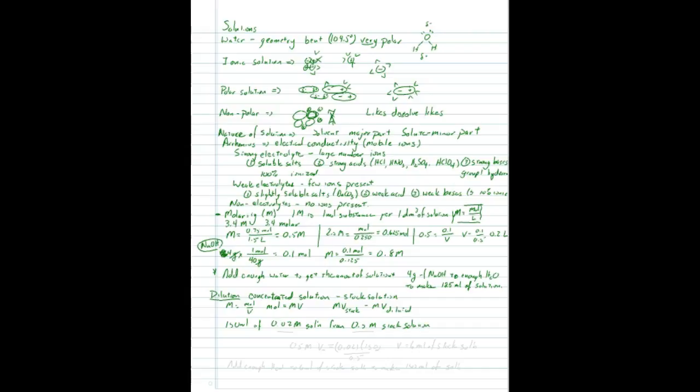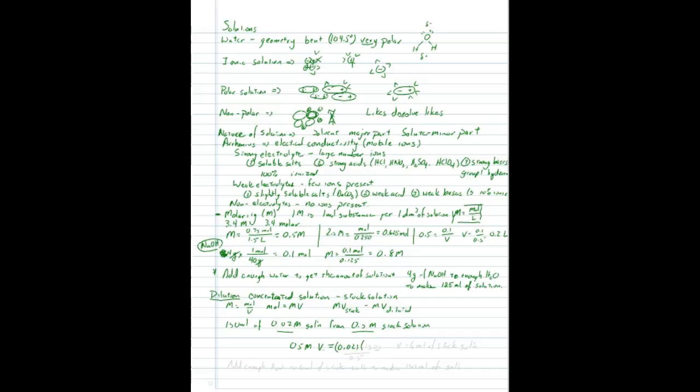Plug and chug. The molarity of the stock solution is this. The volume of the stock solution is what you're trying to find out. The molarity of the desired diluted solution is 0.02